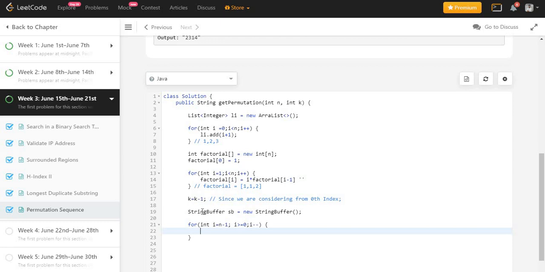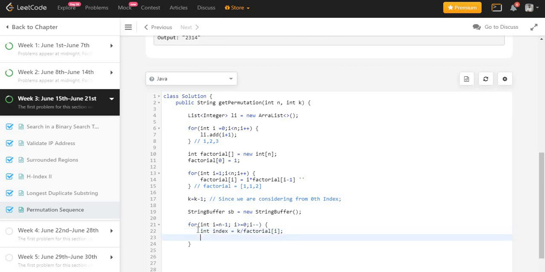Now I will declare another local variable called index, and I will calculate the index using this formula. Whatever my k value was, I will divide that value by the corresponding factorial value. So this is the main logic.